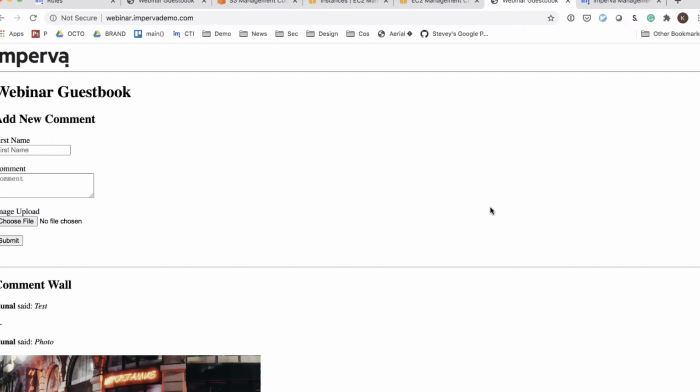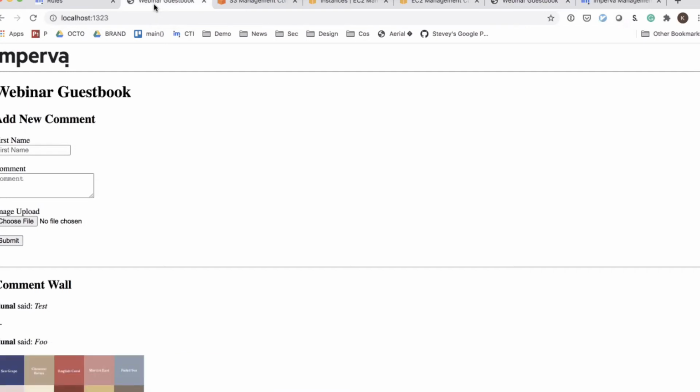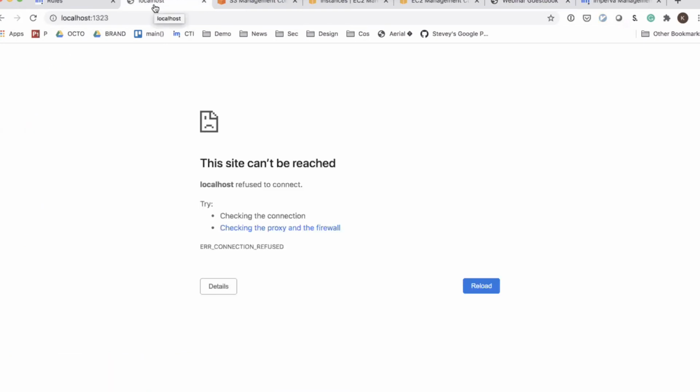So we call it header enrichment. And one thing that we have is things like countries. So I thought it would be kind of fun in our guest book if we could actually keep track of the countries that people are commenting from, and if we could save those countries and basically put that into the comment wall that you see over here. And so for that, what I want to do is I want to go back to my localhost environment. I'm just going to refresh the servers off,